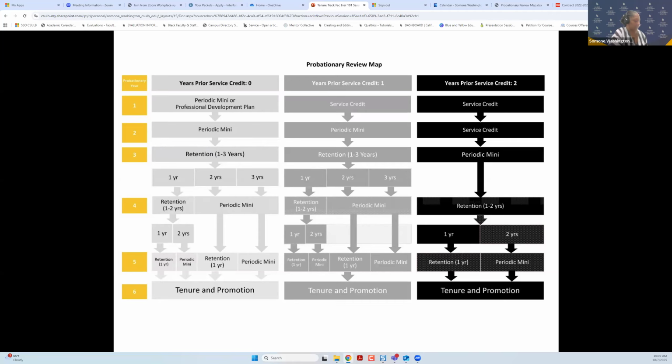And this is an evaluation of your performance for the last few years. Like how have you been doing? And there is a decision made at the end of this to determine how many years you'll be retained for. And so depending on what the department, college, and dean have to say about your performance thus far will determine how many